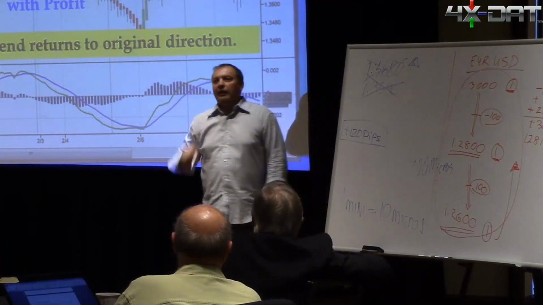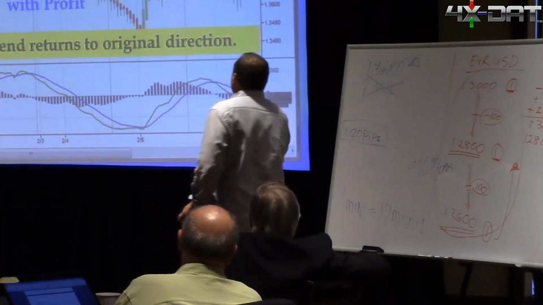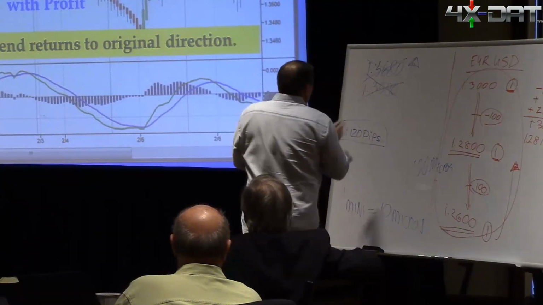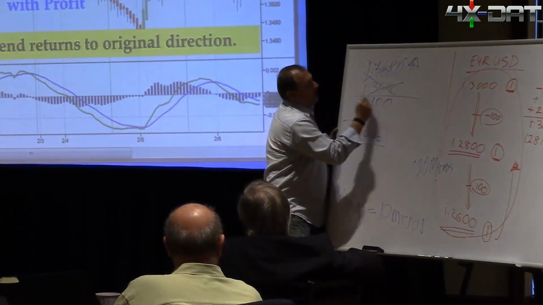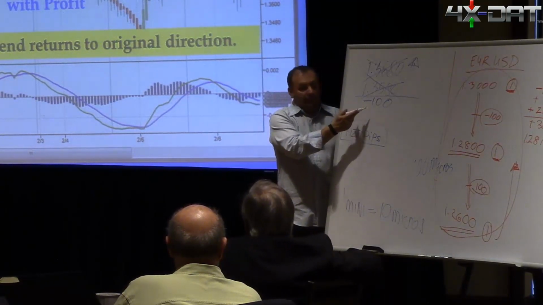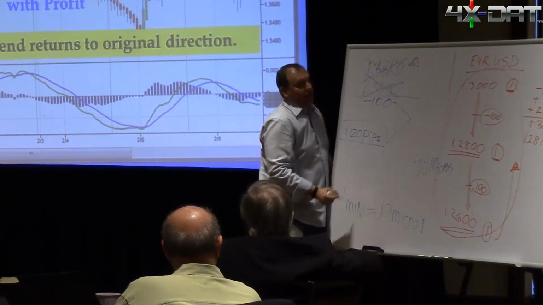Do you know why we get out of it? We're actually collapsing the next hedge. Why do we get out of it? Because even if we lost 100 pips on this trade, we already made 120 here. So when you add them together,